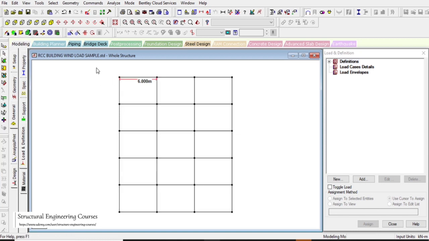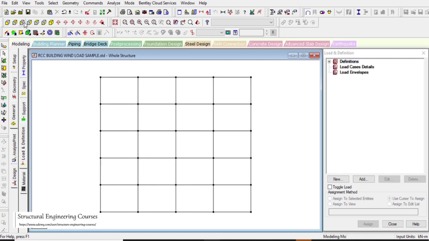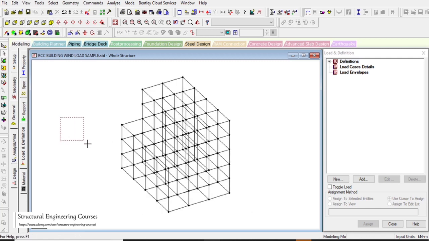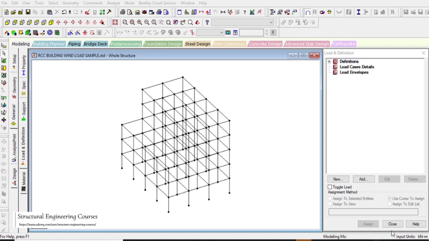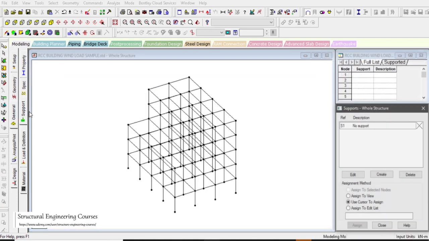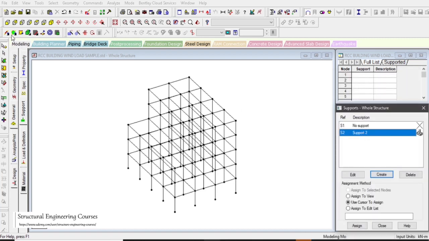Go to this view from plus Z and then randomly delete a part of the structure from here. So right now we have an L-shaped building, and we can go to this view and delete all the beams here. So now we have a simple RCC structure, and we can go to general and support and then create, fixed, add,